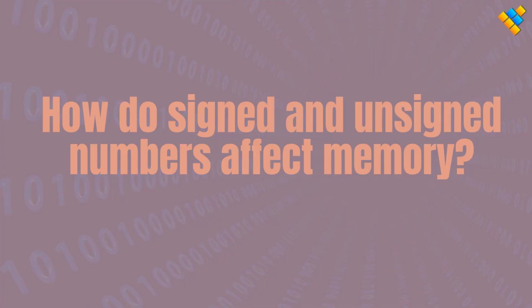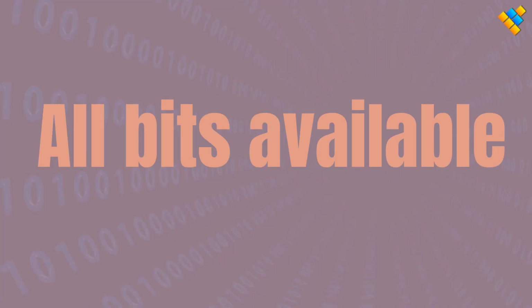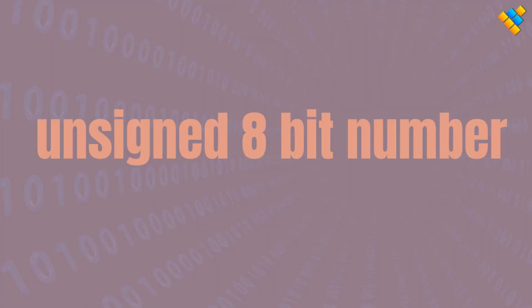So how do signed and unsigned numbers affect memory? Well, in the case of signed numbers, the first bit is used to indicate whether it's positive or negative, which leaves you one bit short. With unsigned numbers, you have all bits available for that particular number,